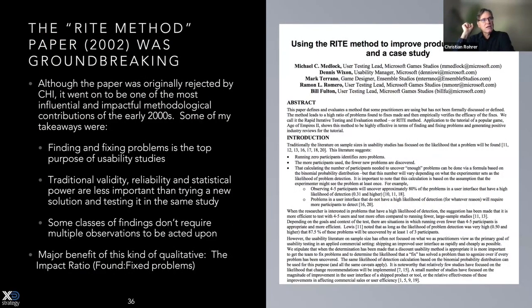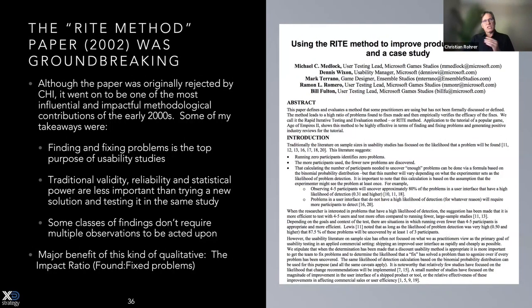What they found was that it's not about the number of users that you should be worried about, because you're not trying to find the universe of usability problems. That was kind of what that asymptote was based on. It's like, how many do you need to find the universe of problems out there? That's not what usability studies are for. They are for finding and fixing the issues you do find.